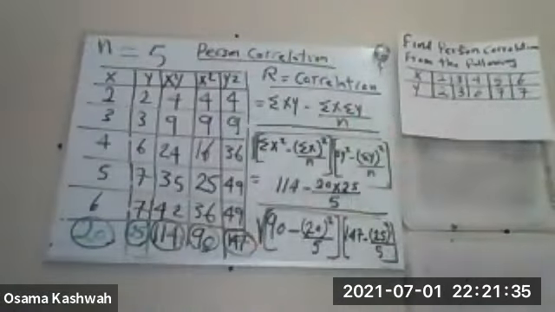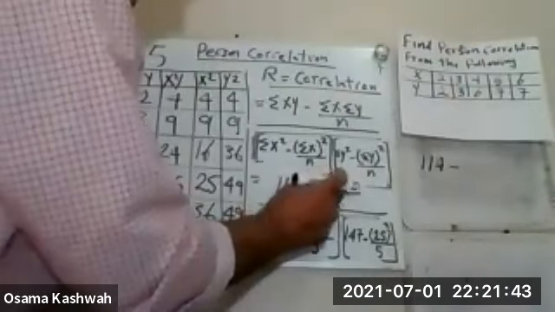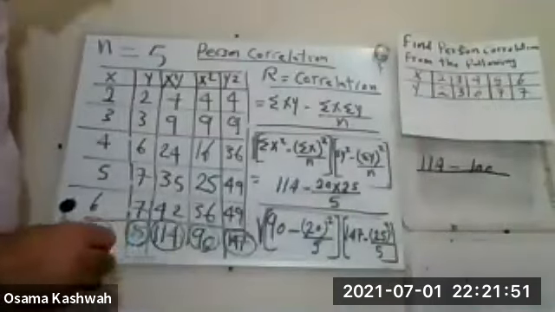So I will complete the example here in this part, please. I will complete it here because the board is done here. I apologize for this. So 114 minus this amount, when you finish it, 20 times 25 divided by 5, it will give you 100. So finish it with the calculator to give you 100. Okay. Divided by the square root of